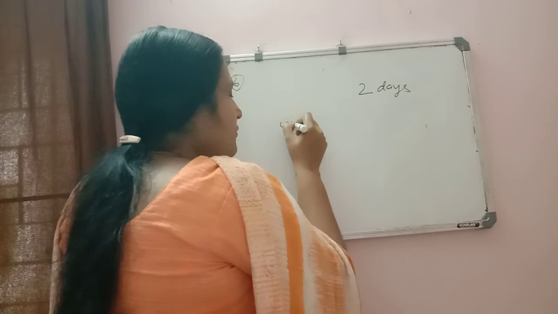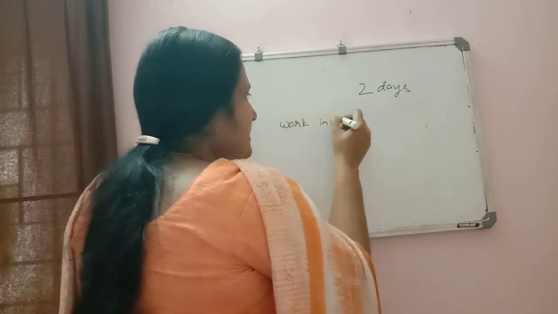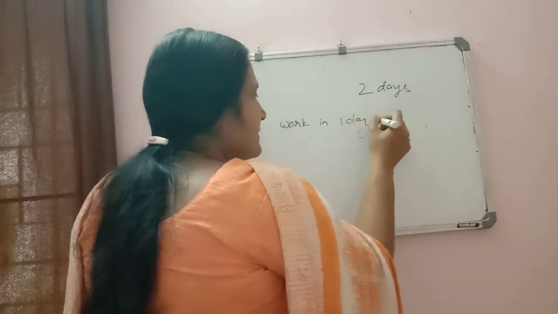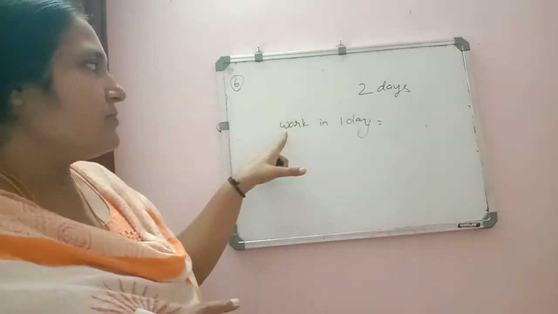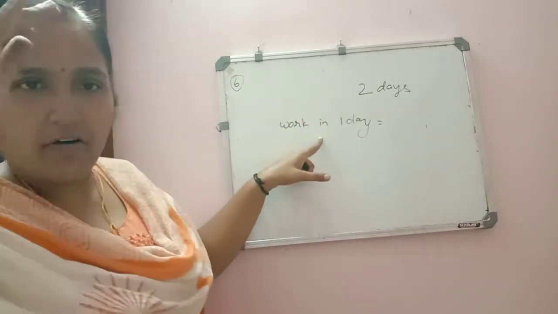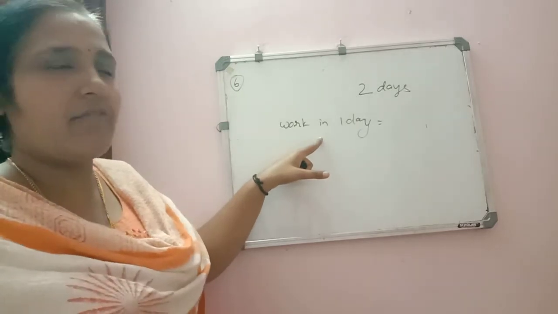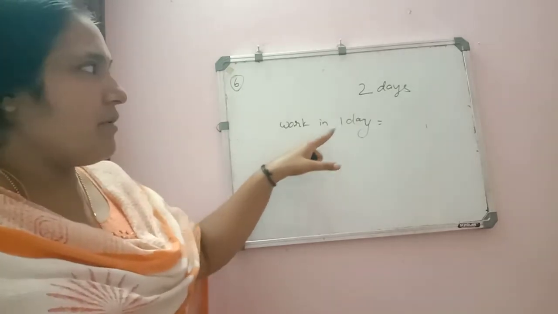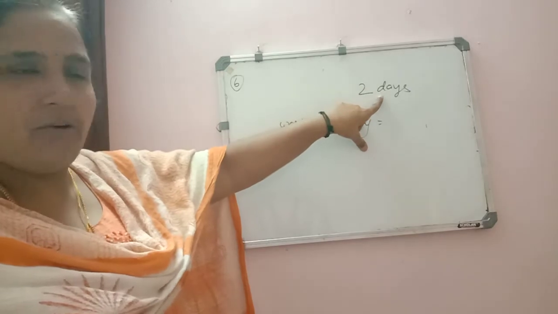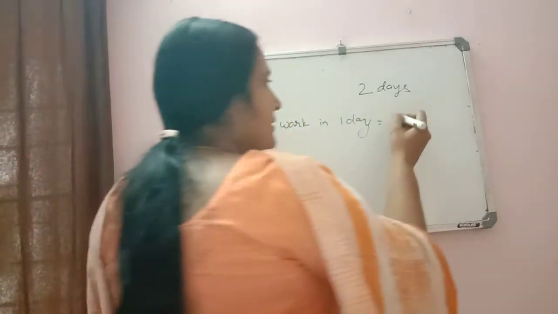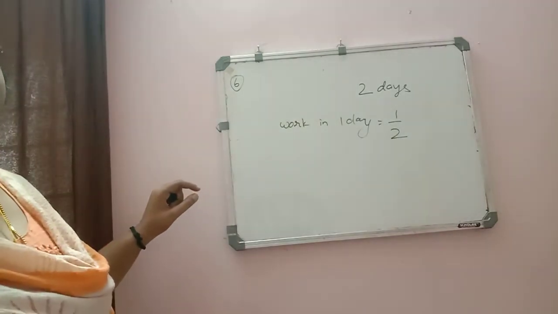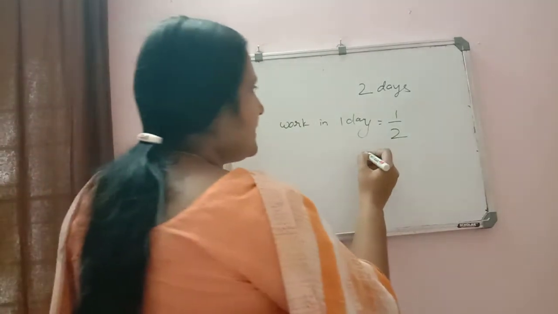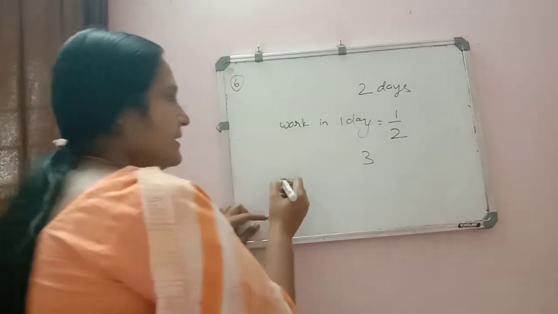Then how much portion of the work will be finished in 1 day, that we will check. You are completing the work in 2 days there. So how much fraction of the work will be completed? Obviously if you are completing the work in 2 days, meaning in 1 day half of the work should be over there. Now in the same way, if you are completing the work in 3 days, then